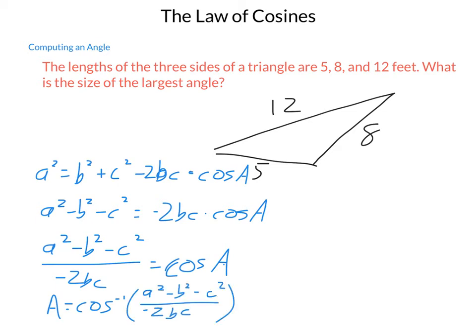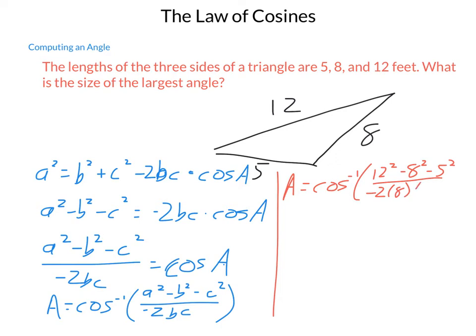So now that we have this set up, we can simply substitute in our values to our formula and get that this angle is going to equal the arc cosine of 12 squared minus 8 squared minus 5 squared divided by negative 2 times 8 times 5. And running this through our calculator gives us an angle measurement for A of being approximately